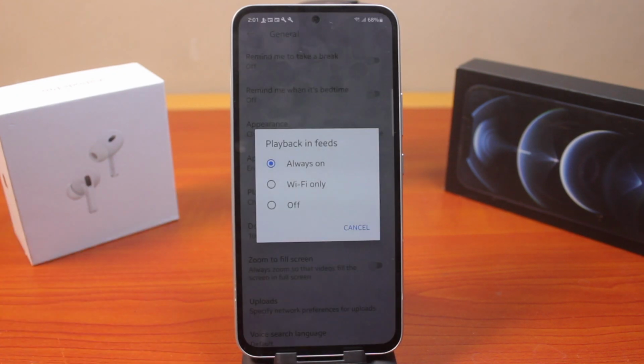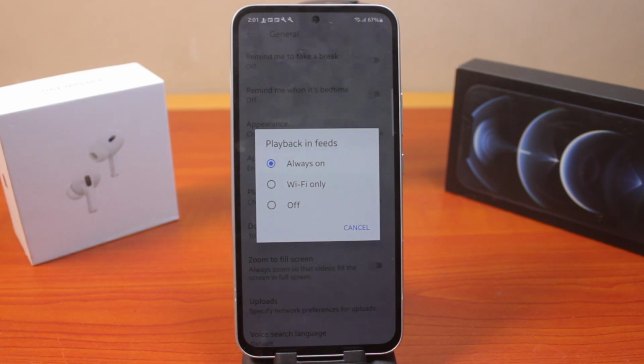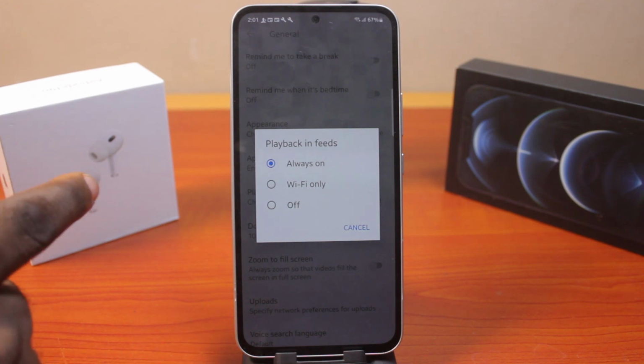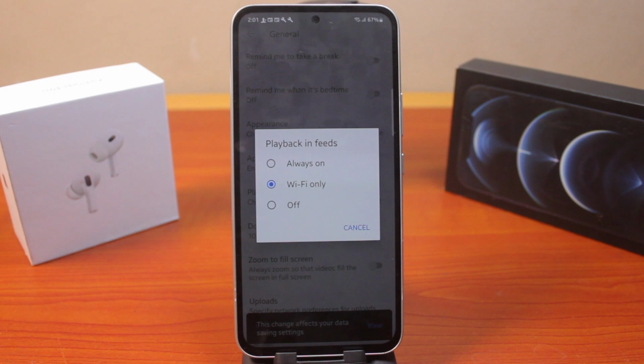Click on that. Now a pop-up appears that says, do you want playback in feeds to be always on, Wi-Fi only, or off? If you select always on, the YouTube videos are going to start playing whenever you are scrolling on the YouTube homepage, whether you're connected to Wi-Fi or using your mobile network. If you select Wi-Fi only, it will only play while scrolling when your device is connected to Wi-Fi. However, to stop the YouTube videos from playing while scrolling completely on the YouTube home screen,